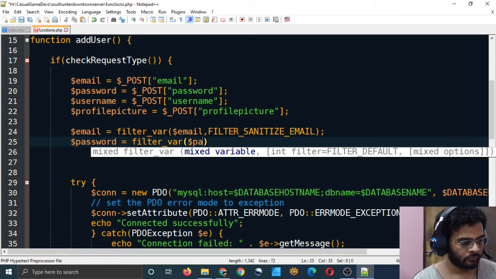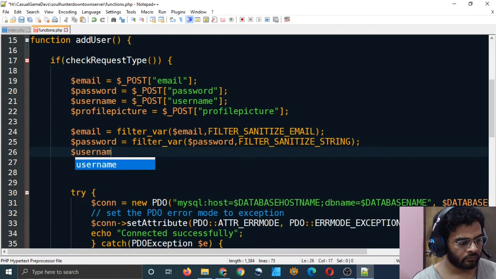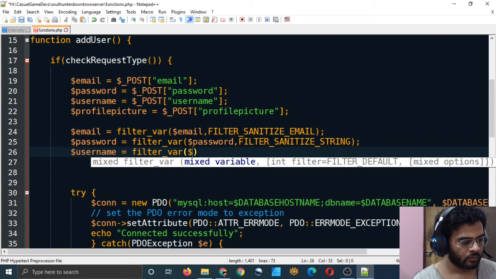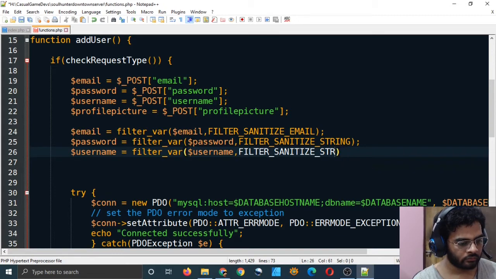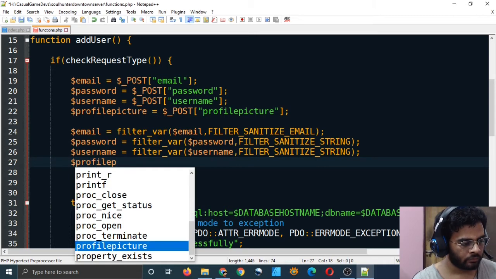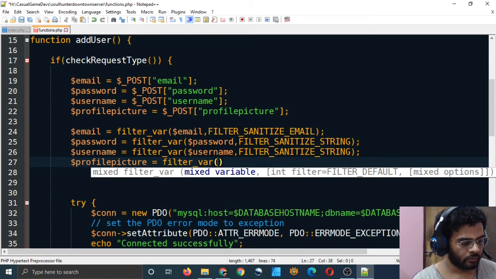Filter var password, filter sanitize string. Simply string. Wait, why am I doing this? Filter var username, filter sanitize string, and then again profile picture is equal to dollar post, not post, okay, filter var profile picture, filter sanitize string.